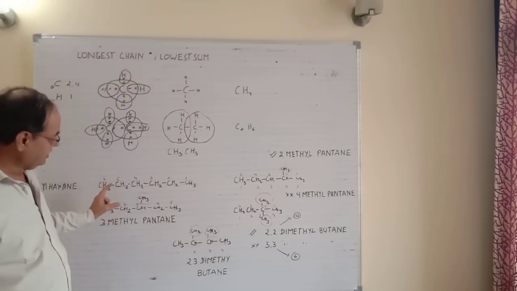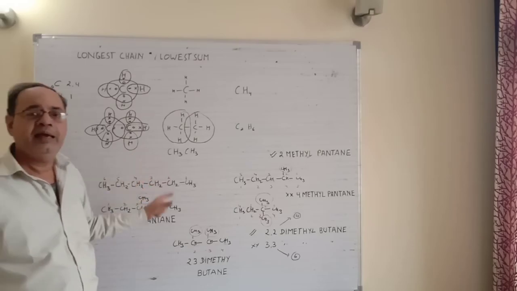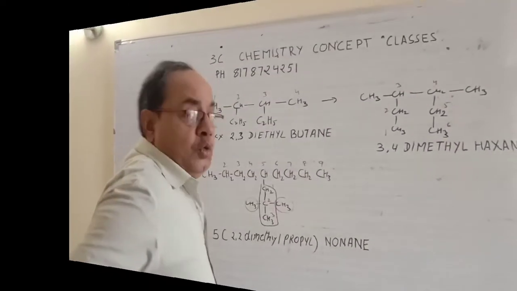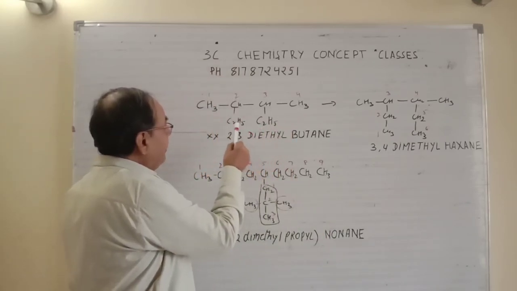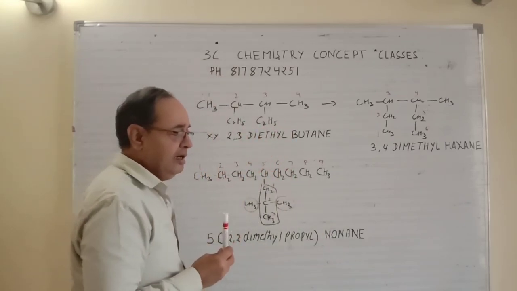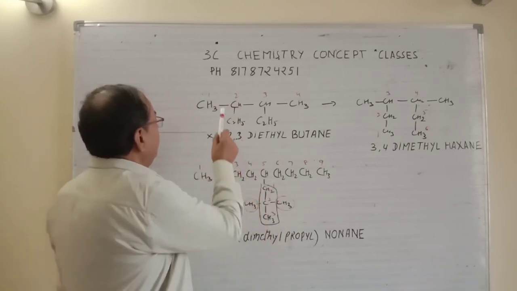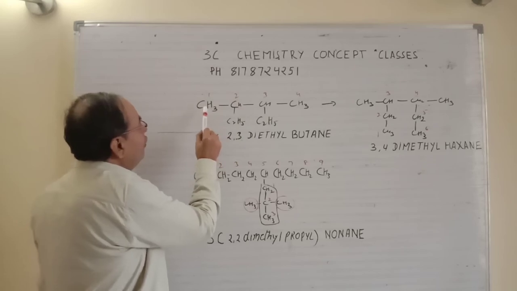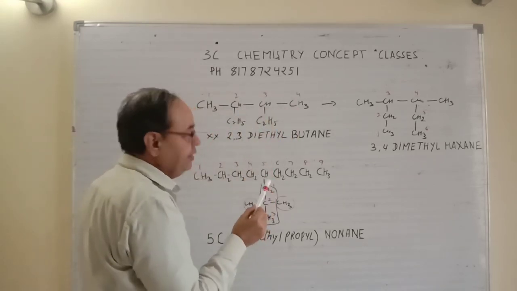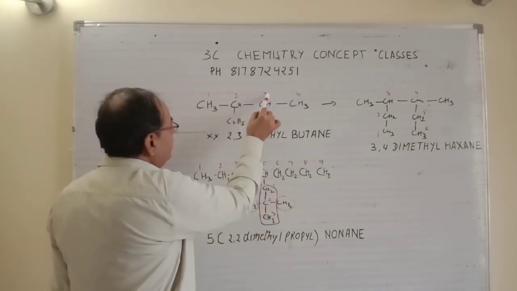So this is the way you can name any alkane group. Now the first trick he will play with the naming. He will give you a compound like that, he will give the chains like that. In that case, first of all you have to see, if you see this chain carefully, you will get the logic like 1, 2, 3, 4 is the longest chain, and at 2 position there is an ethyl group, at 3 position there is an ethyl group.